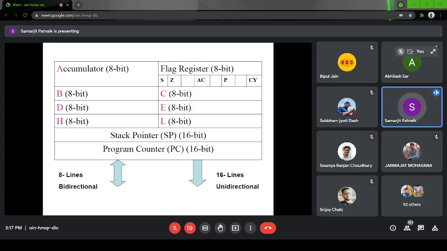So basically it suggests that 8085 has some 8-bit registers: B, C, D, E, H, L. One 8-bit register is the accumulator, and one 8-bit register is the flag register, which has some flags. There are two 16-bit registers, stack pointer and program counter, and the data bus is 8-bit, bidirectional, and the address bus is 16-bit, unidirectional.